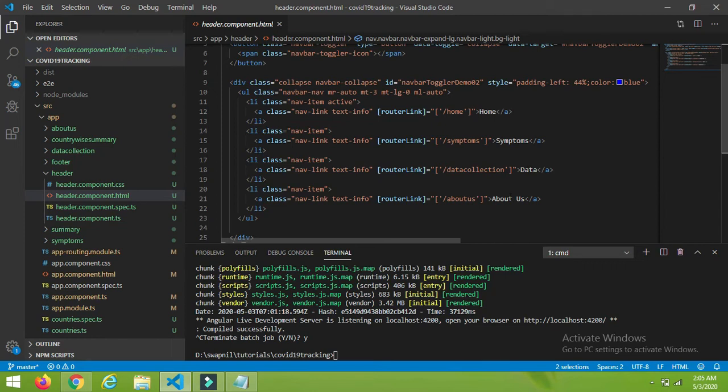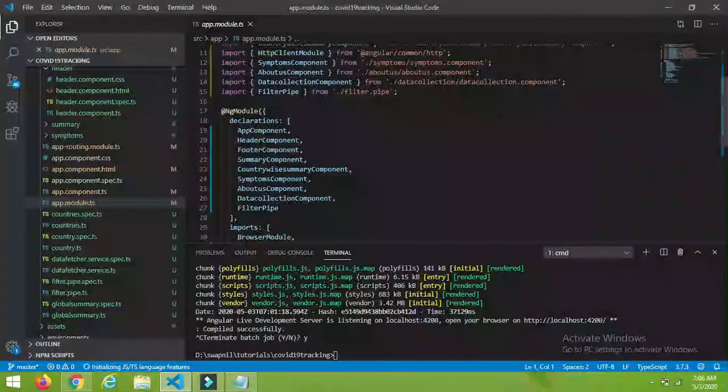I have added the routerLink for the routing purpose because we have to navigate to different components for the particular menu, right? After clicking on home, it will navigate to slash home, and for slash home we have to call the particular component, right? For this I have also added the routing in our app-routing.module.ts file.